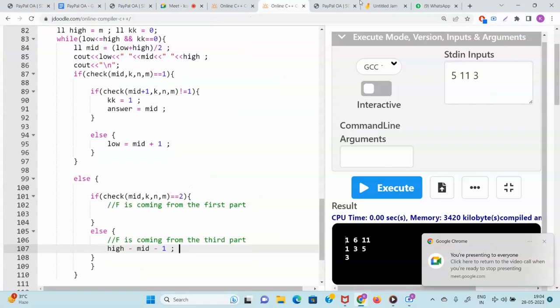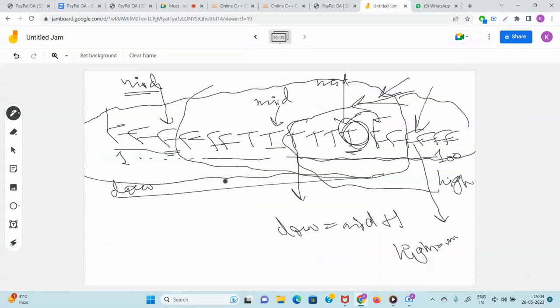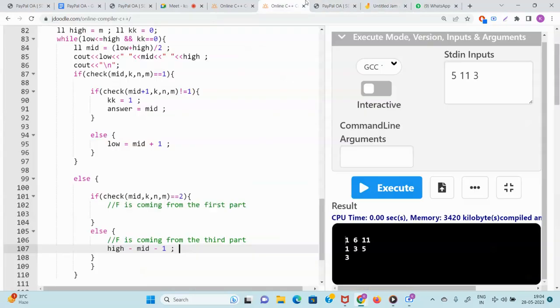If it is right, what will you do? Low equal to mid plus 1. Low was initially 1, na? Now you don't need to check this much part. Now you should check in the right hand side. So you will make low equal to mid plus 1. Sorry guys, I will improve my handwriting game later on. So in this case,